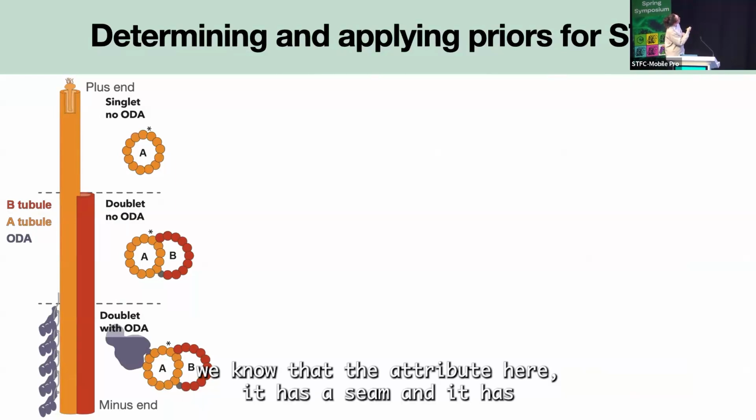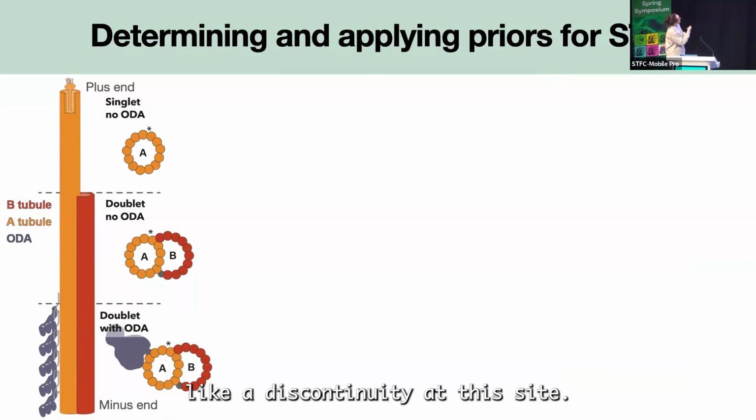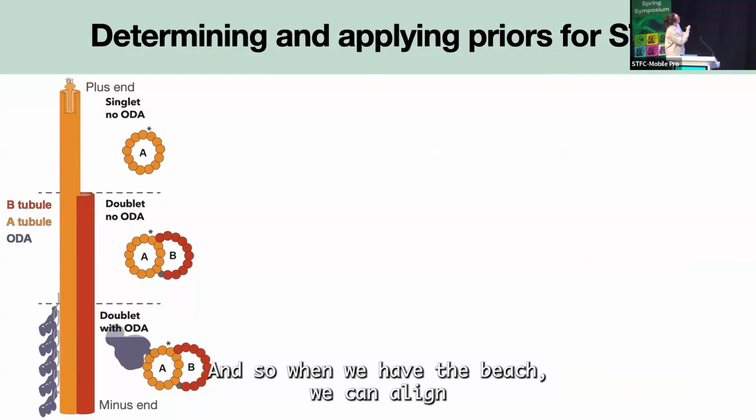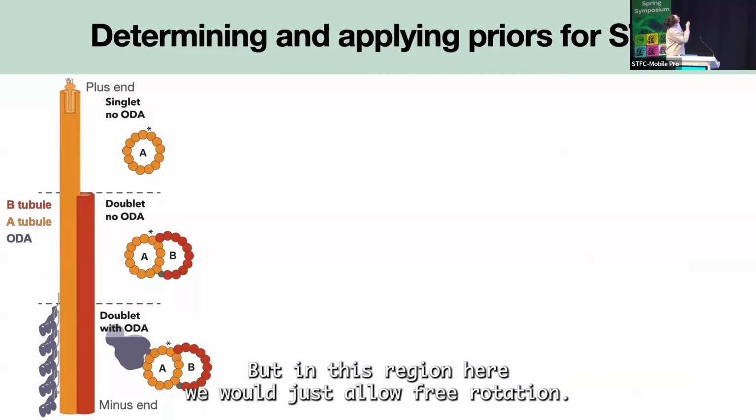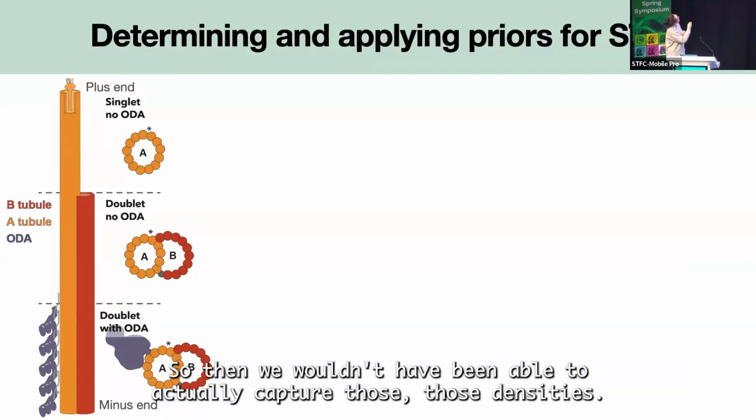We know that the A tubule here has a seam, and it has a discontinuity at this site. So when we have the B tubule, we can align all of these particles with the seam and find the right protofilament, right? But in this region here, we would just allow free rotation, so we wouldn't have been able to actually capture those